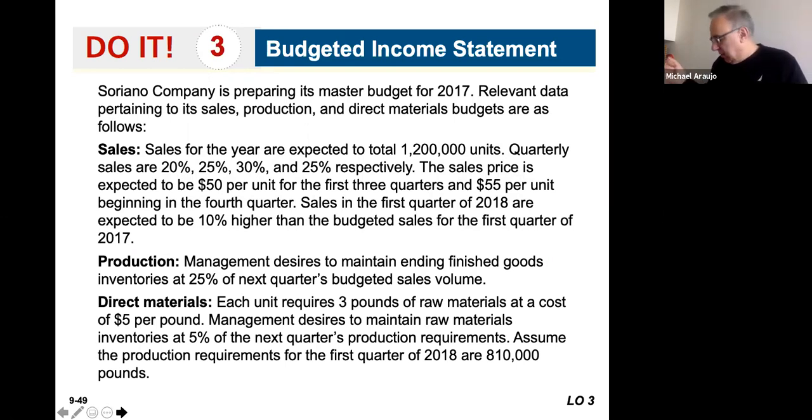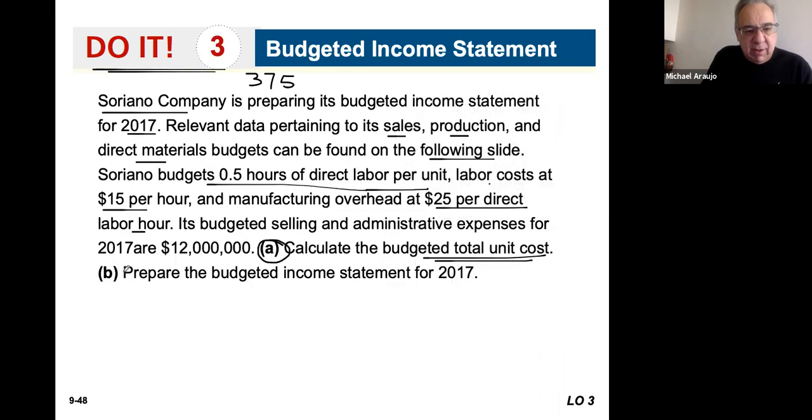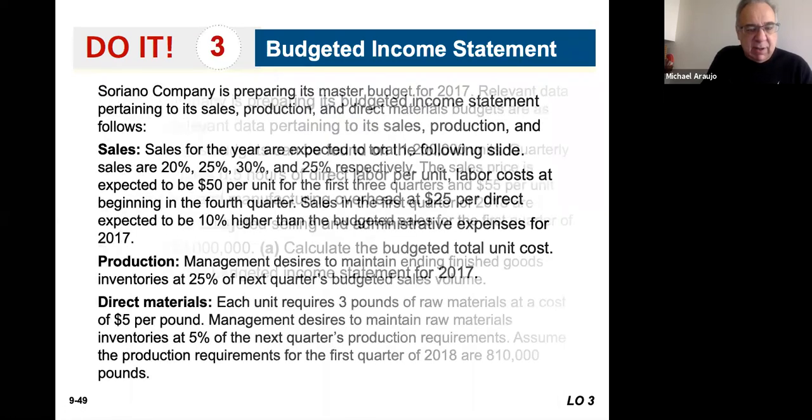Okay. So you need to understand direct materials, direct labor, and manufacturing overhead in order to get that. Here we have direct materials that tell us each unit requires 3 pounds and it's $5 a pound. We also know from the previous slide that it takes a half an hour of direct labor at $15 an hour and $25 per hour for labor costs. So that's the information we need to calculate